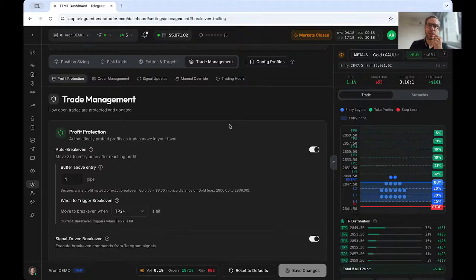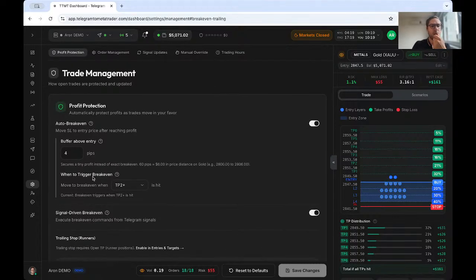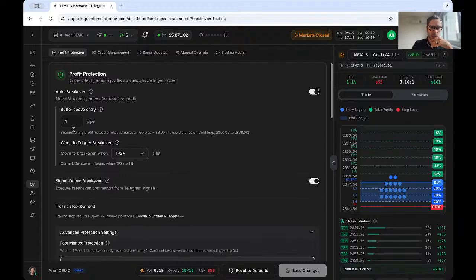There are follow-up signals in the signal channel telling you to set break even, adjust the stop loss, or close partials. Well, this is the place in TTMT to make sure that everything happens as per your own strategy, because the system can follow all these modification signals, but you can have your own settings as well. For example, you can make sure that it sets break even on TP2. You can make sure that break even doesn't mean the stop loss sits exactly on the entry, but slightly above the entry for a long,